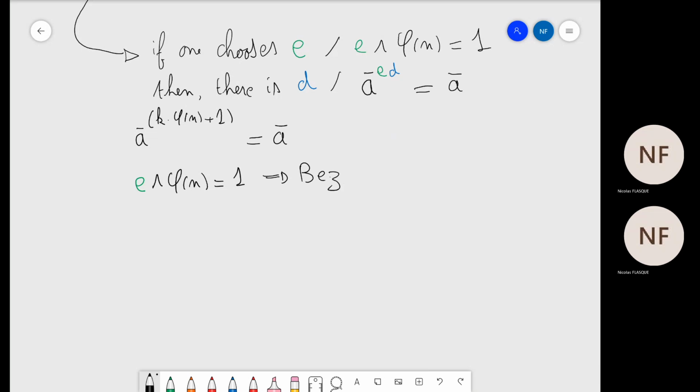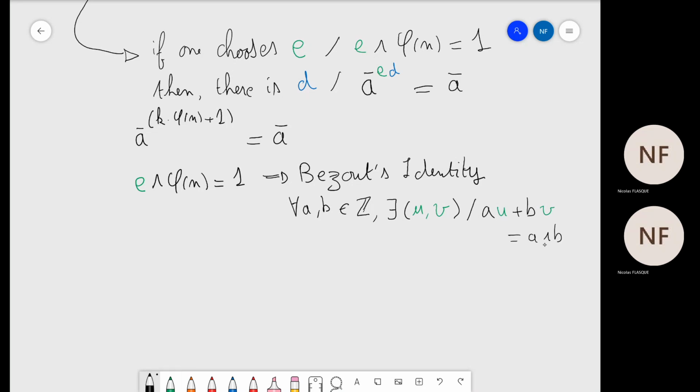Then we use the already known Bezout's identity, stating that, let me remind you of that: for all couples of numbers a, b, which are relative integers, there exists another couple, u, v, such that a times u plus b times v